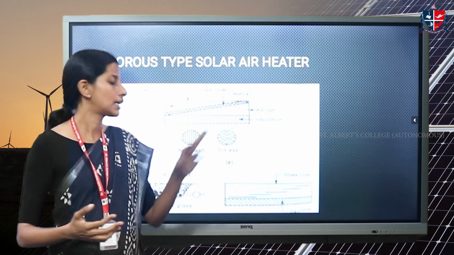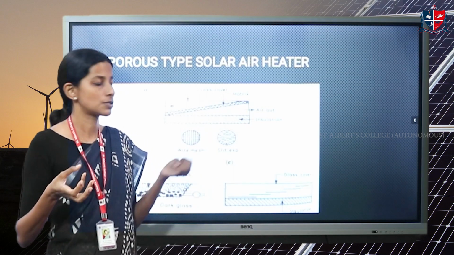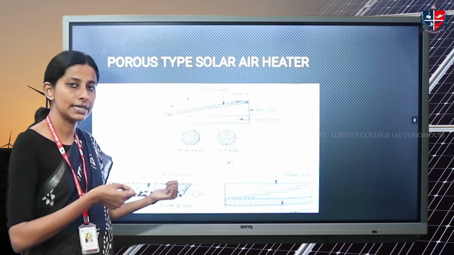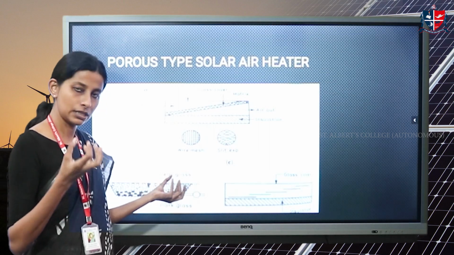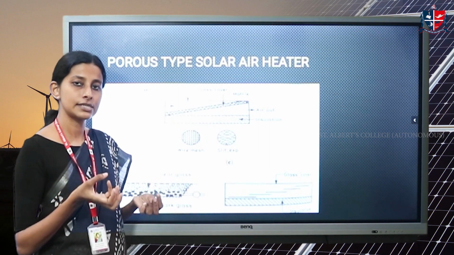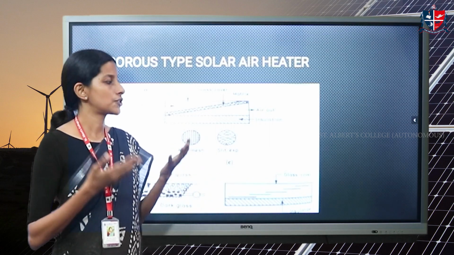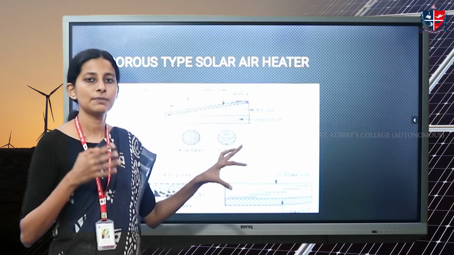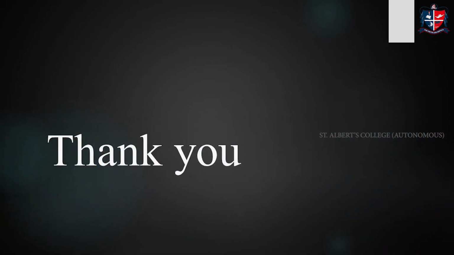And in the porous type, there are broadly 3 types where the absorber plate has different characteristics. One is a mesh. Here, it is a combination of clear and dark glass. These are all like pebbles. Some of the pebbles are clear and will act as glass. The dark pebbles will act as the absorber. Then we have the overlapped glass plate. We brushed through the comparison between these two types, and we realized that porous types always have this advantage of being more efficient in their operation. That's all. Thank you.